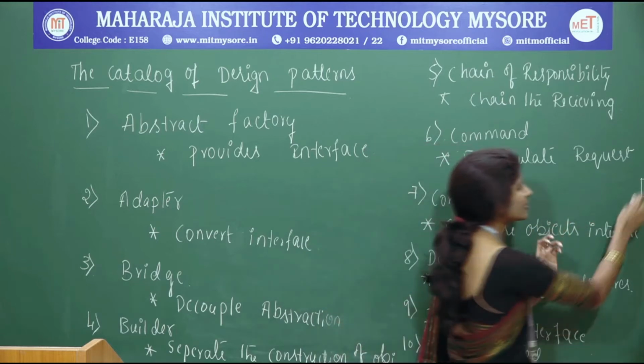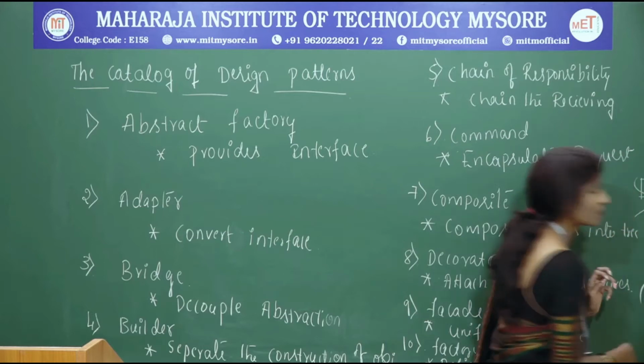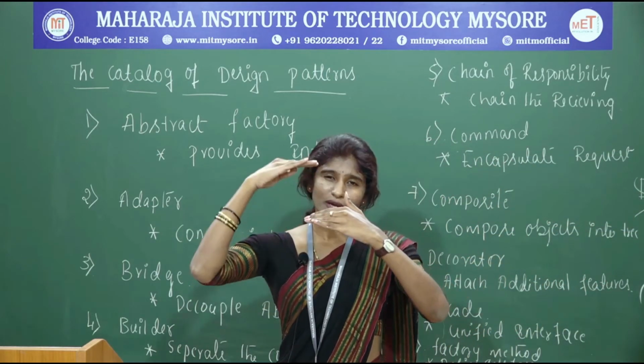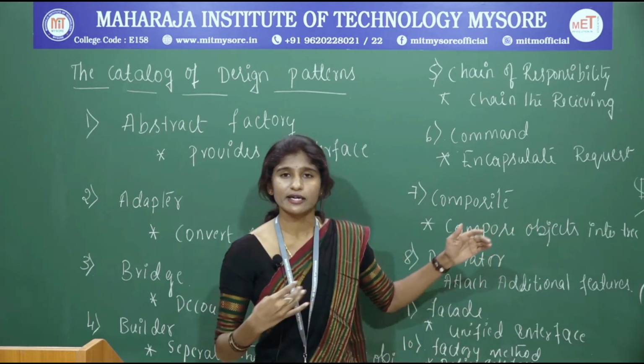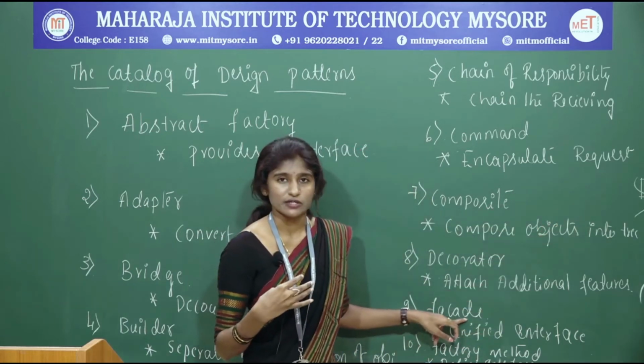So if you don't have this part, it will be distributed like this. I cannot trace it properly. So if you maintain one shared, one particular place like that, it is going to be helpful to trace the other interfaces. So such a facility is provided by the facade design pattern.